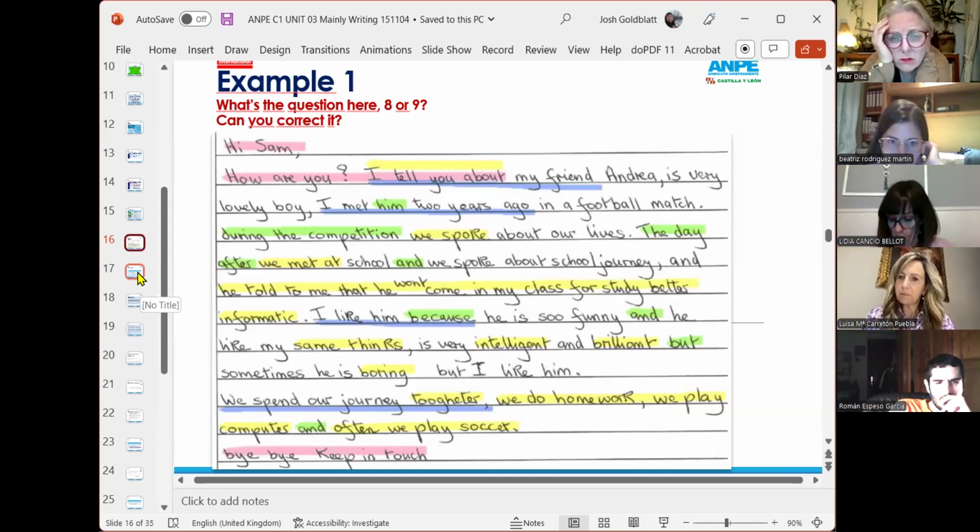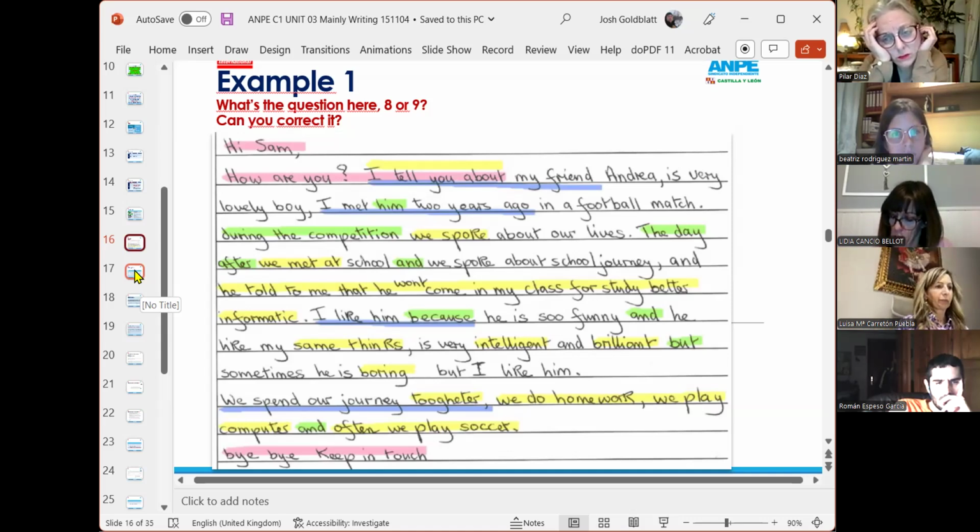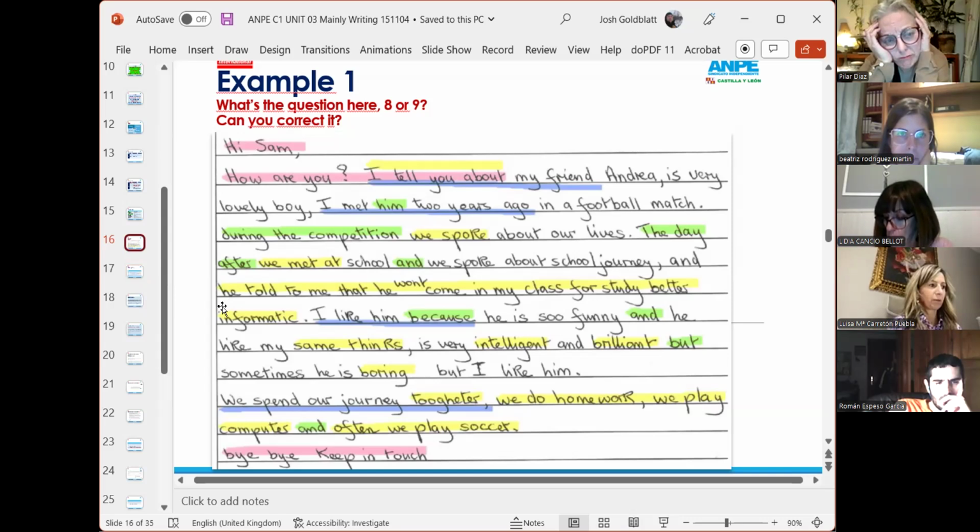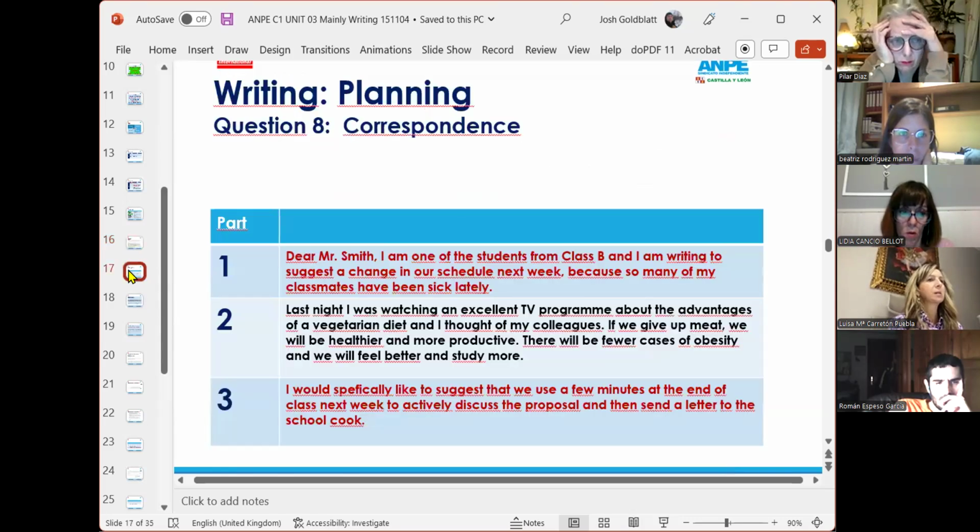Josh, and could we use a gerund in the second part of the sentence, like we spent our journey together doing some homework, playing games, and playing soccer? Well, that's going up to C1. Yes. So if we've got more variety of structures, then obviously we're going up a level. So more than B1, it's now B2 and going towards C1. But yeah, it's pretty good.